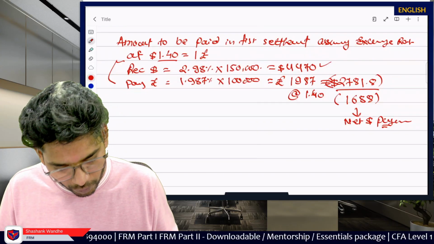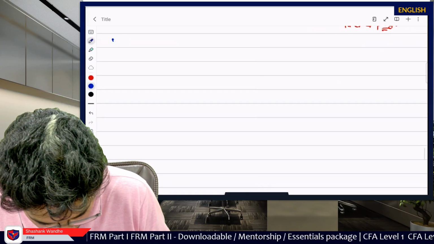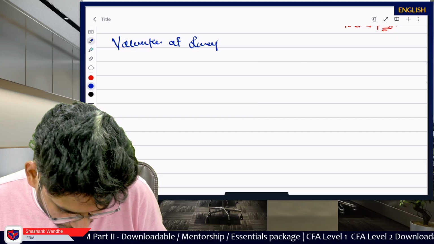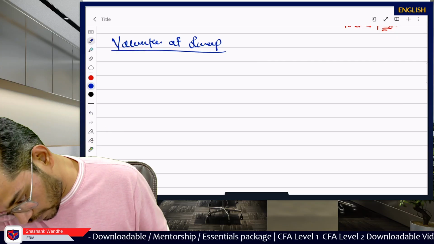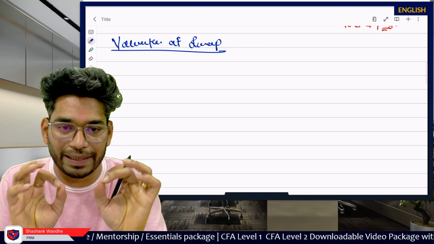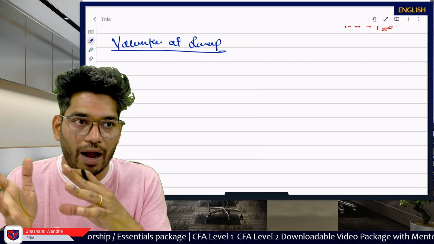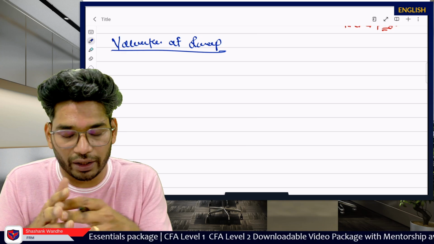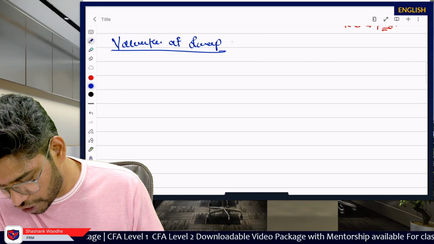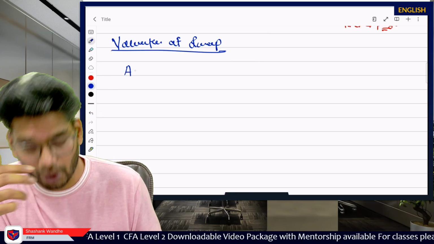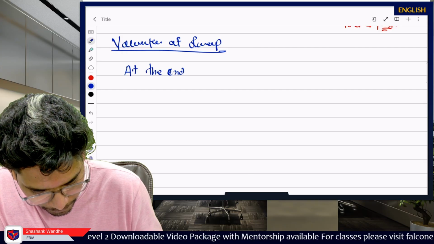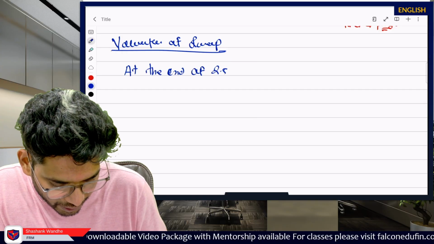Now the next question here is on the valuation. Valuation of swap. Now in the valuation of swap, we don't have any basic guideline where you have to do the valuation on the specific settlement date only. You can do it in between also, because this valuation is very simple. In the valuation part, we will assume, because our swap is for 3 years, that at the end of 2.5 years,